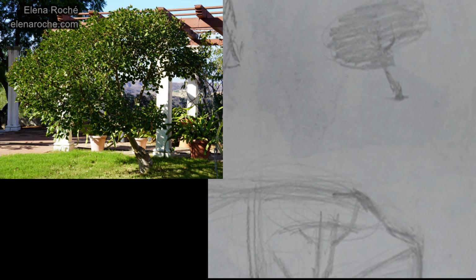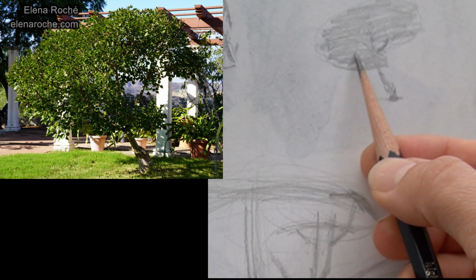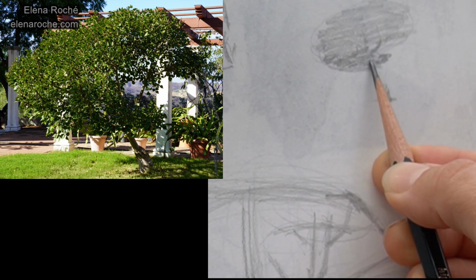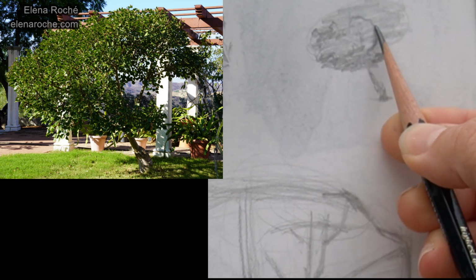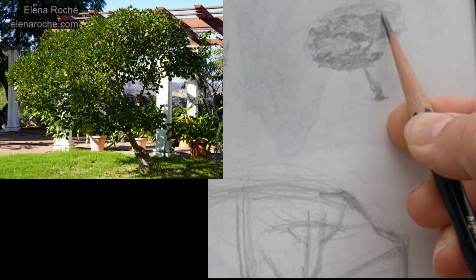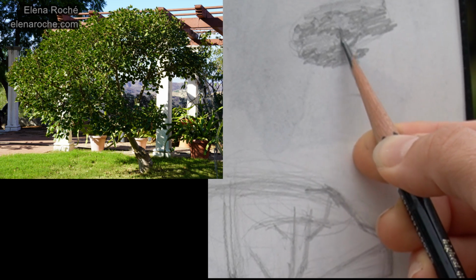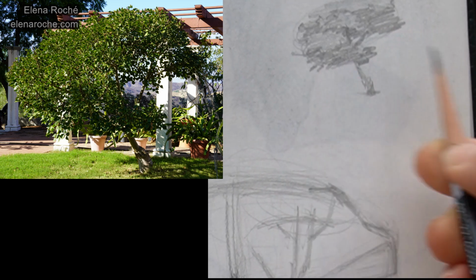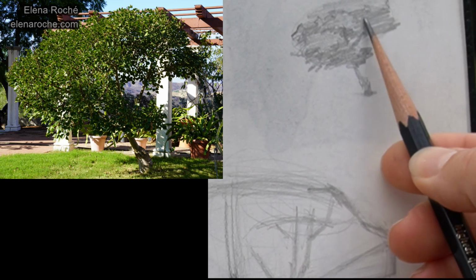Then I would sketch it in like this, and if I wanted to add sun and shadows and make it look a little better, I'd say, okay, this will be mostly in the sun, this will be mostly in the shadow. I would give it a few more irregularities, a little more shadow here, a little more areas where there's light on the various portions of the canopy. All of this will go in the shadow. Tree branch. A few leaves kind of breaking off, depending again on how close or far away it is, and how much detail I want to do,